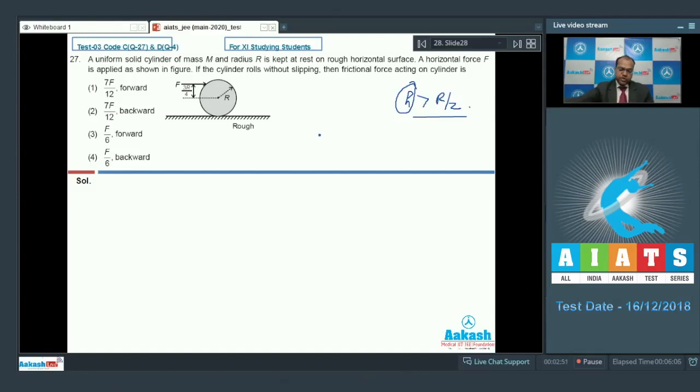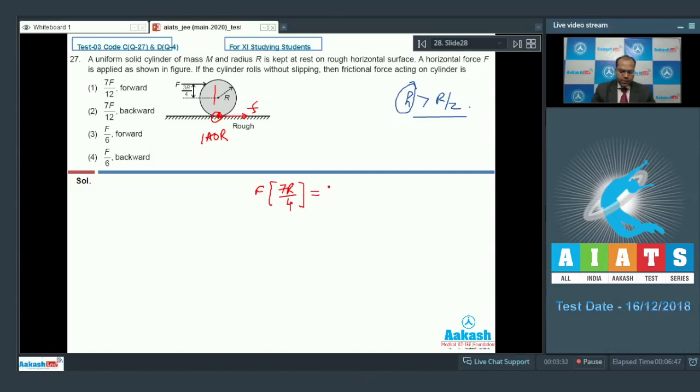So the direction of friction will act in the forward direction. So it is a result we know. So if I draw the free body diagram, let the friction be acting in this direction. So this point is the instantaneous axis of rotation. So I can write torque equal to I alpha about this point. So F into this separation, that is F into (3r by 4 plus r), that is 7r by 4,